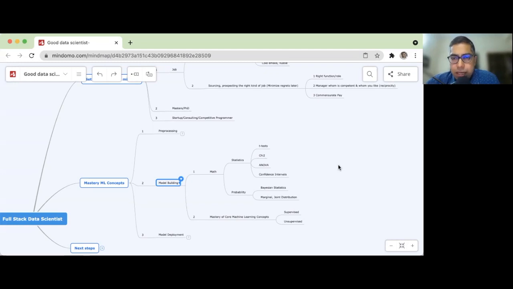So for instance, if you're playing cricket, you want to make sure that you know the batting, bowling, fielding, but before that, you want to know how to do push-ups. How can you run 5 kilometers, 10 kilometers without taking a break, and so on and so forth, right? Those are in your hand, right?